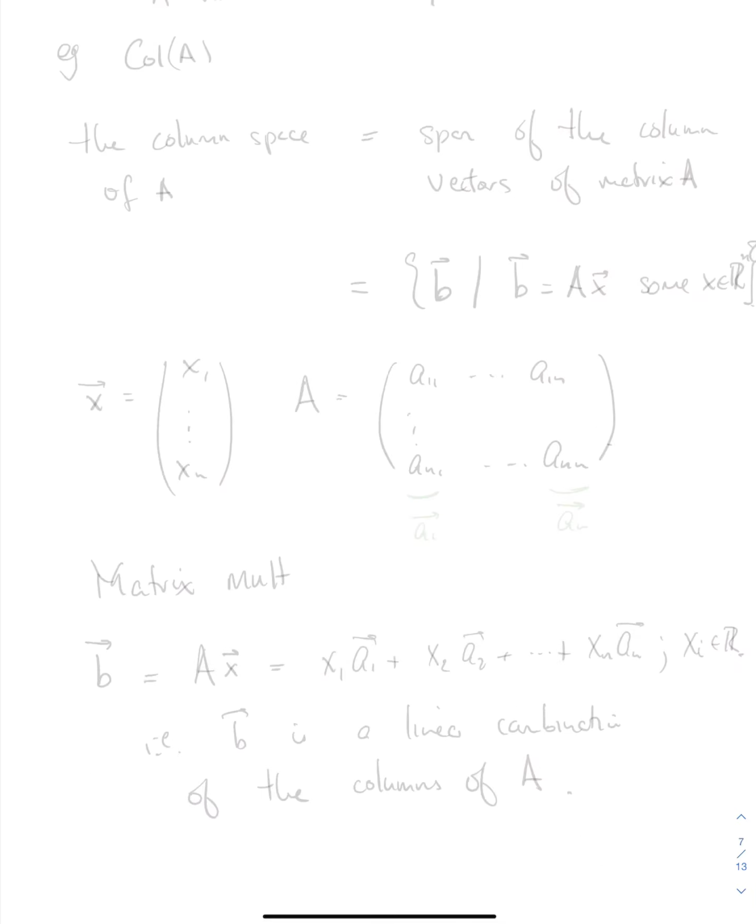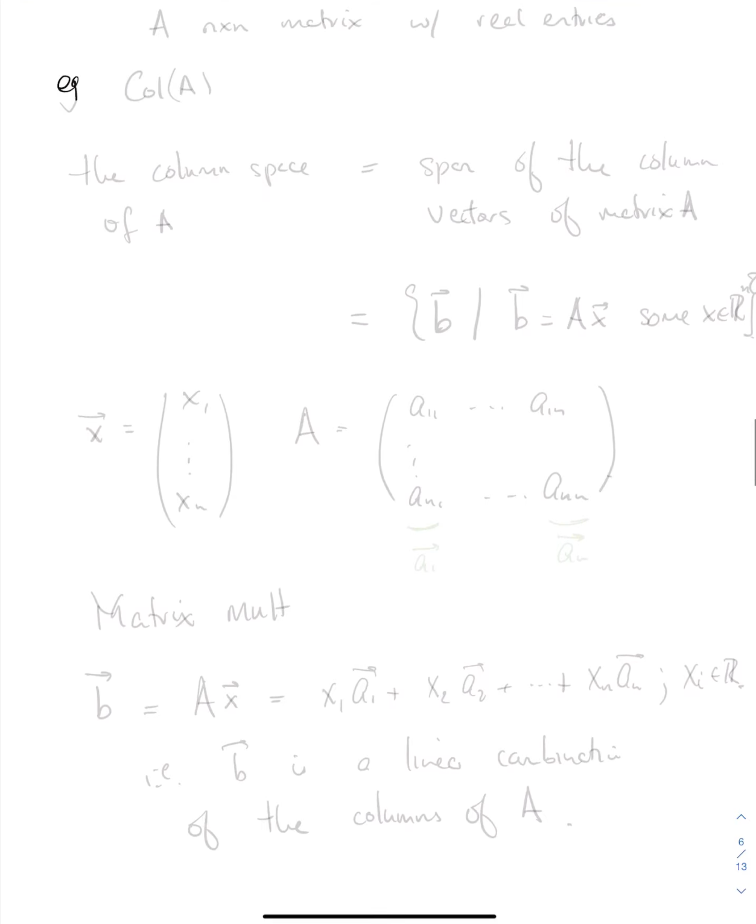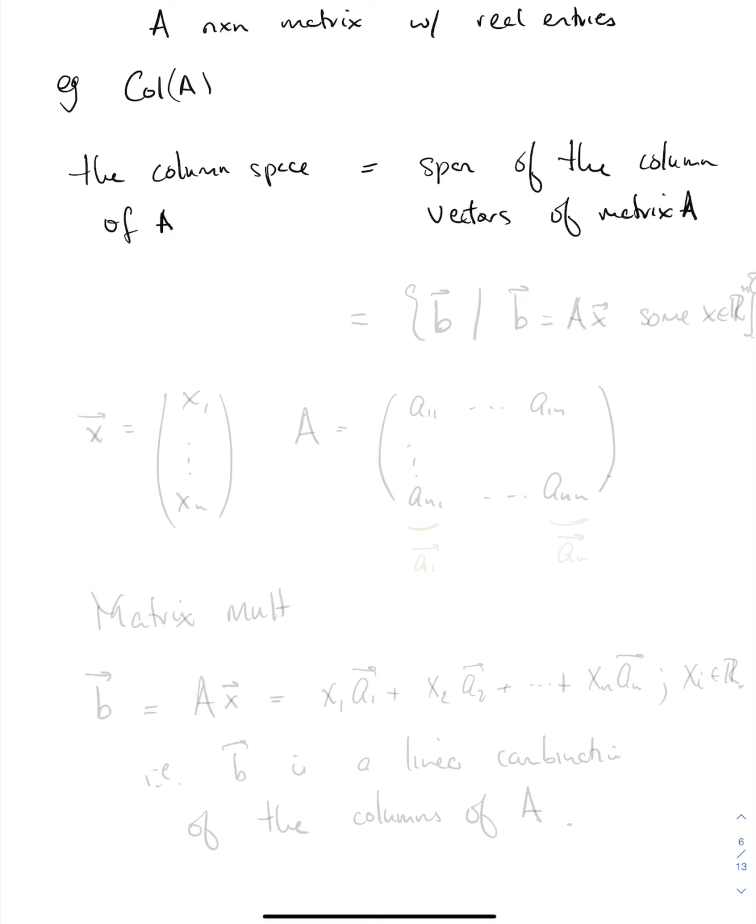Let's do some more examples. For these next three examples, A, as usual, is going to be an n by n matrix with real entries. Call this Col(A), the column space of A. This is the span of the column vectors of the matrix A. Said otherwise, these are all the vectors b such that b is equal to Ax for some